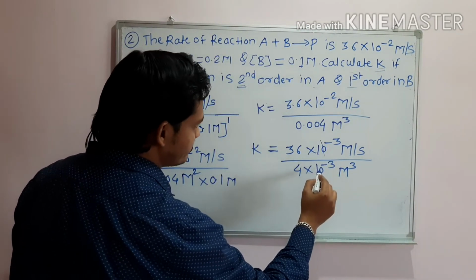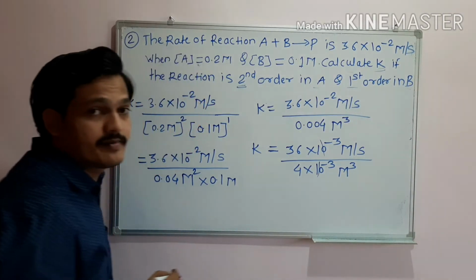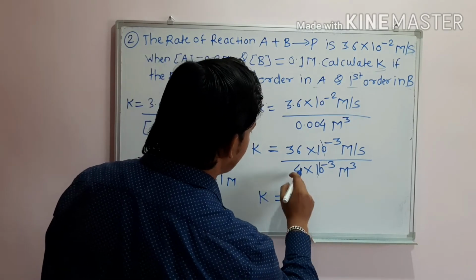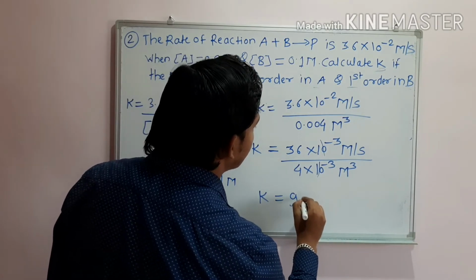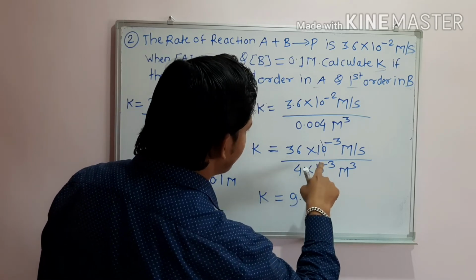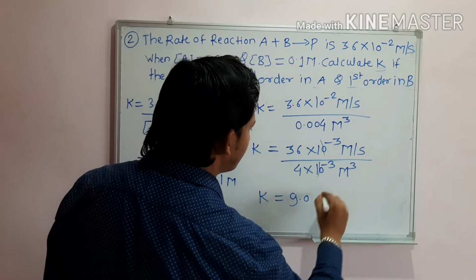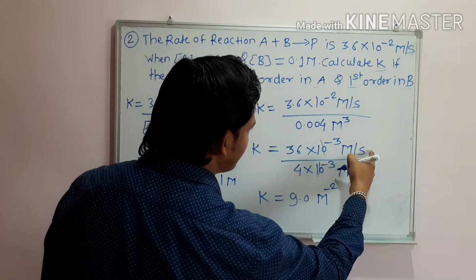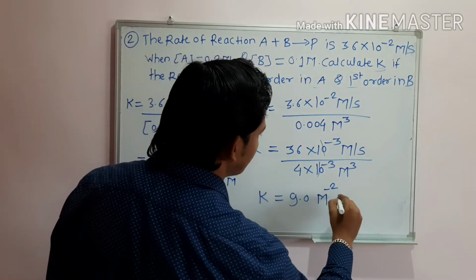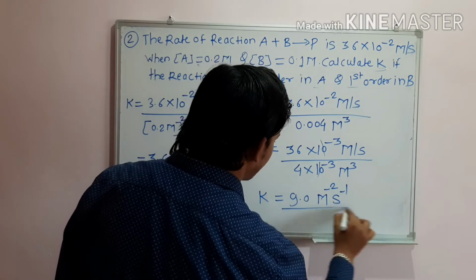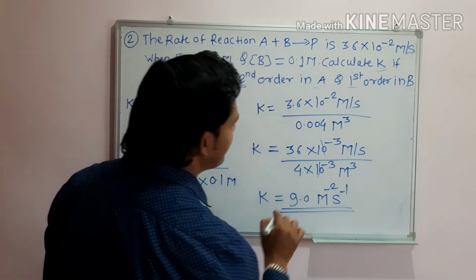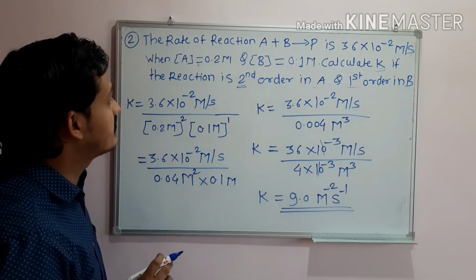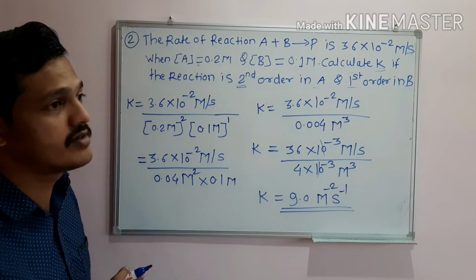10 to the power minus 3 and 10 to the power minus 3 is cancelled out. So the final answer we directly get is K equal to 9. Okay, 9.0. 10 to the power is not remaining, so m cube is going there, so m to the power minus 2. 3 आहेत वरती गेल्यावरती हे 3, 3 मधनं 1 गेला 2 वजा 2, सेकंड इनवर्स. 9.0 or 9. This is the correct answer of this given problem. Okay, this is our problem number 2.